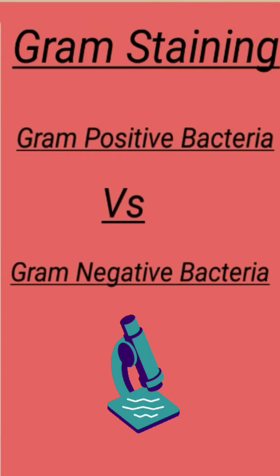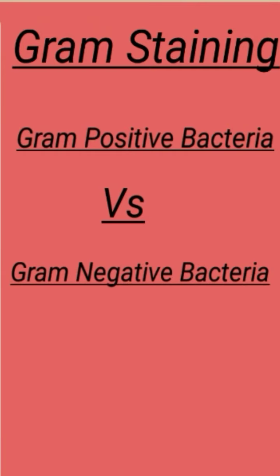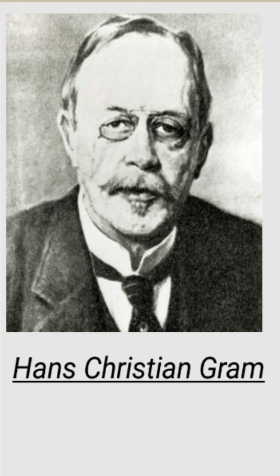Bacteria are small organisms that cannot be seen by naked eyes. So we use microscopes to visualize and study their morphology. For this, we need to stain bacteria because bacteria are transparent. We need to stain them, color them. Staining is an essential technique which helps to highlight the whole bacterial structure and its shape.